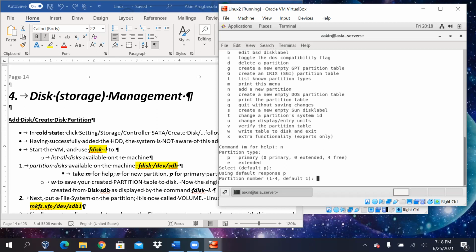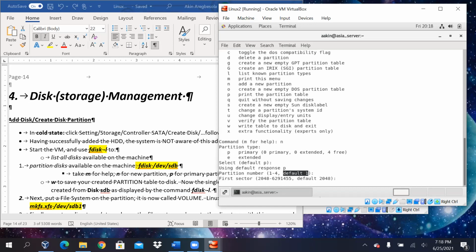Okay, that's not a problem. I'm going to create a primary partition for you. I can create up to 4 primary partitions for you. Do you want me to create the first primary partition for you now? That's the question. And then again, because it's already presenting you with an assumed answer, you say yes. And then it says, okay, fine. Where do you want me to start from? I have 4 acres of space to use for you. Where do you want me to start from to create this partition, this hall for you,